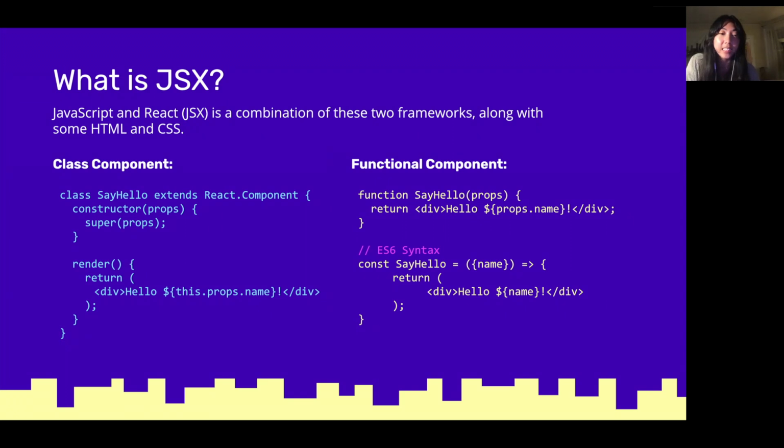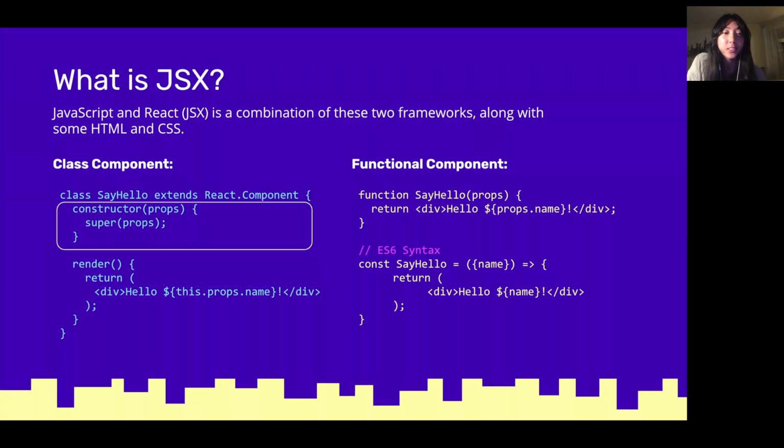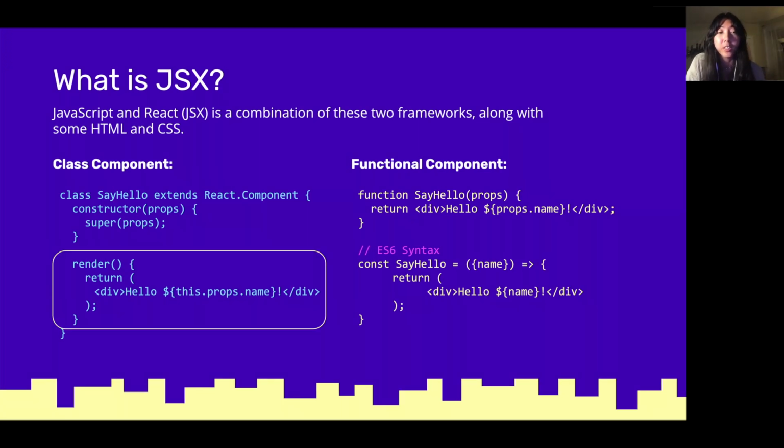So this is a class component, and this is how it's written syntactically. It's very similar to Java. You'll see that there's a constructor that takes in props, and you'll also see that there is a render function. Everything inside of this render function is what actually is going to show up on your user interface or front end. And you'll also see here that we can use div, which is from HTML, and that we can use this JavaScript syntax for including property or variable names dynamically.